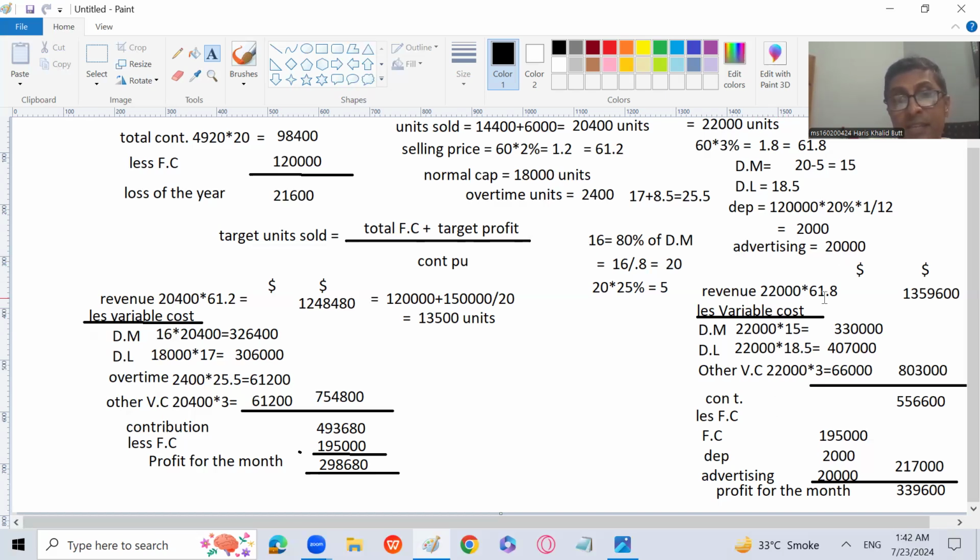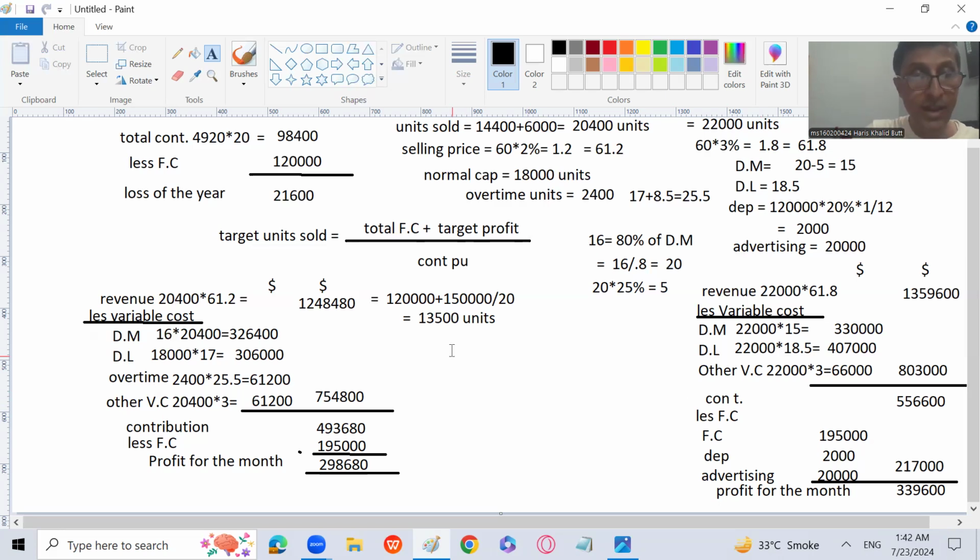Even with the increase in selling price, we are able to sell 22,000 units. So advertising, which is a very big amount of 20,000, is playing a good role, right? And because of the machine, maybe we are producing more units more efficiently, more quickly, with better quality. So quality has also improved. So that's why you can see